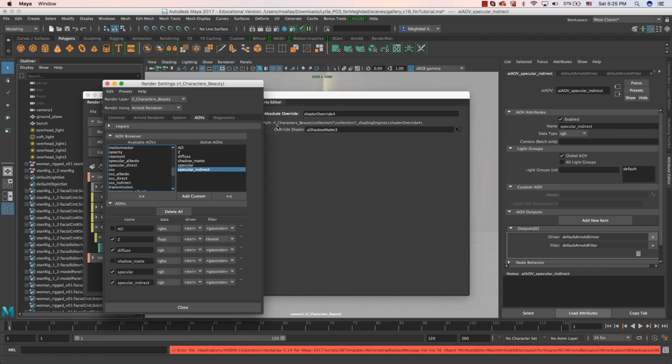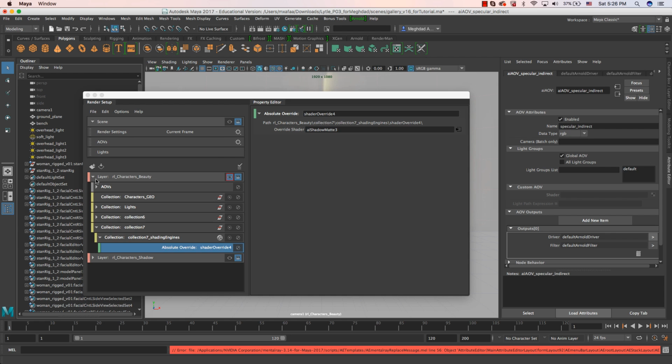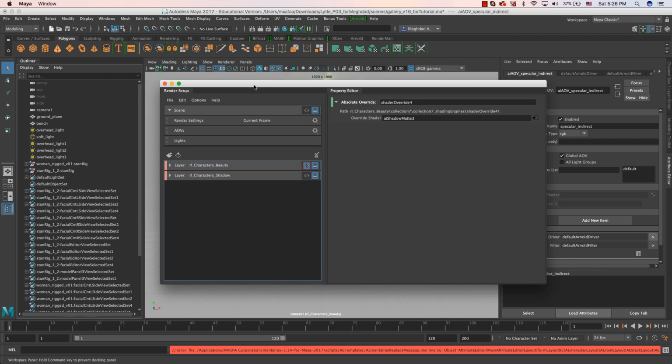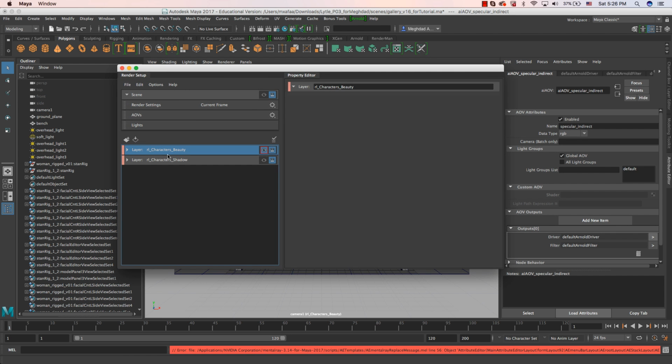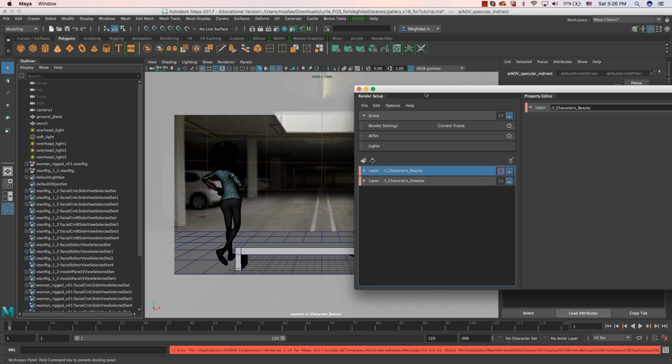I also wanted to talk about how you can create a wireframe pass. So let's go and see how we can create a wireframe pass. For creation of a wireframe pass, you can actually use, again, the AOVs directly. So for example, I'm going to use the beauty layer, or maybe for this case, it's better to, I guess,